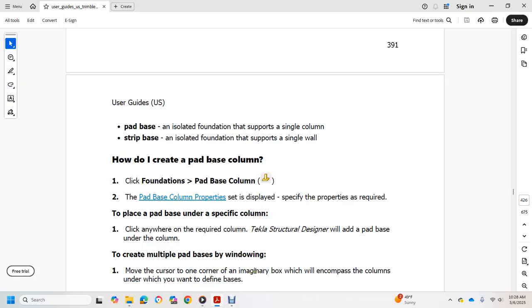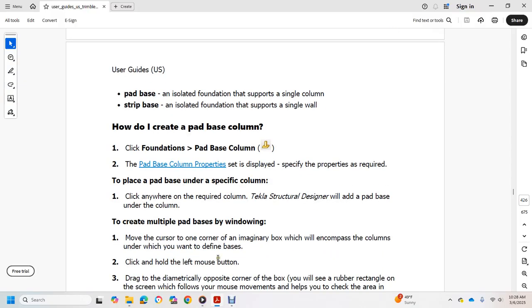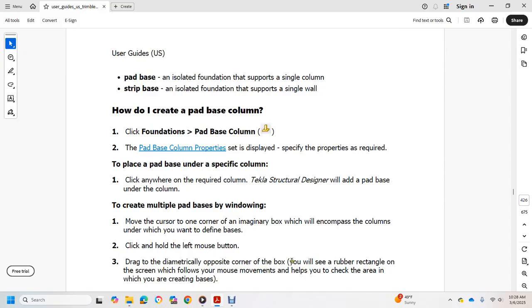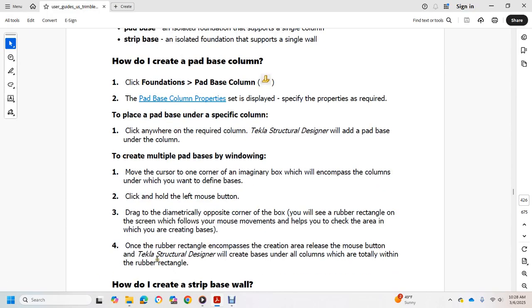To create multiple pad bases by windowing, move the cursor to one corner of the box that will encompass the columns on which you will define the bases. Click and hold the left mouse button. Drag to the diametrically opposite corner of the box. You'll see a rubber rectangle on the screen following the mouse move, which helps check the area of the bases being created. Once the rubber rectangle encompasses the columns, release the mouse button and Tekla Structural Design will create the bases under the columns which are totally within